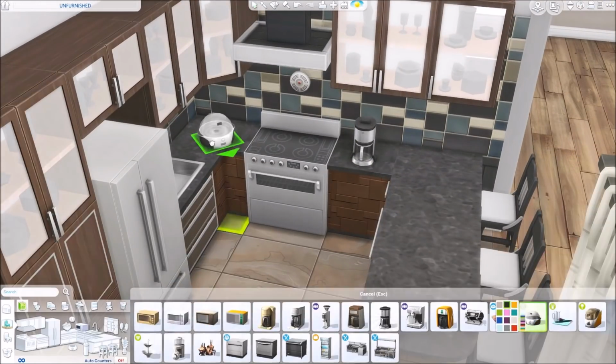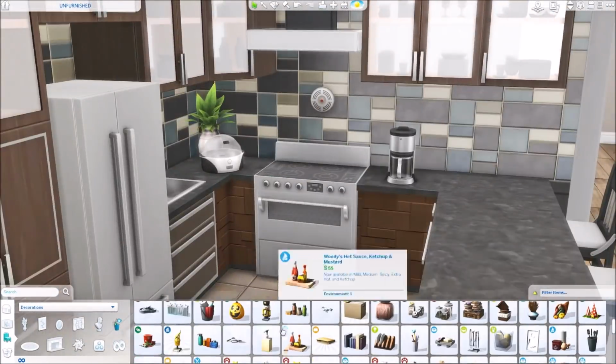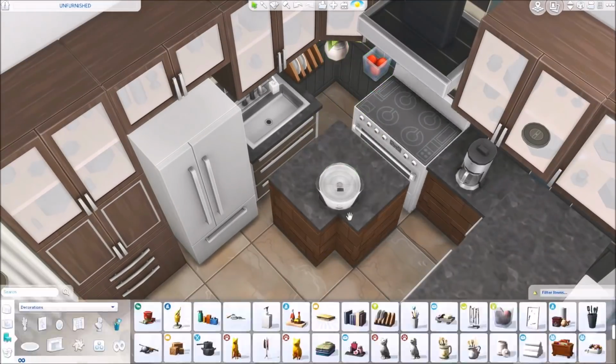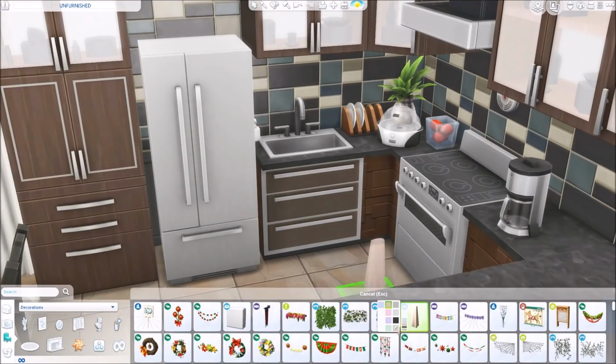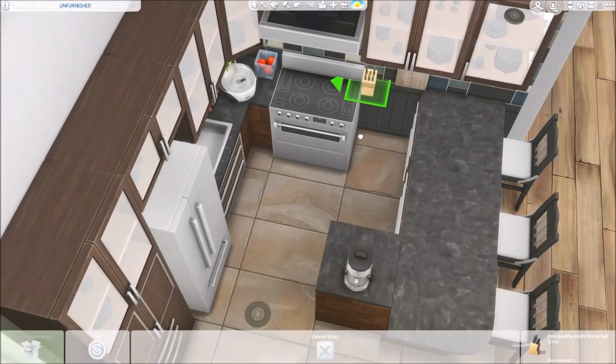Do I have a coffee pot too? So there's also a coffee pot. That's pretty nice. And then I just tried to make it look lived in, since we agreed that this would be kind of like a cozy family home. I thought that clutter always makes things look lived in, so I definitely wanted to add little bits here and there. I didn't want to add so much that it would be unusable, but I think it should all be